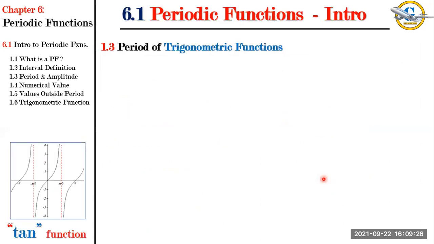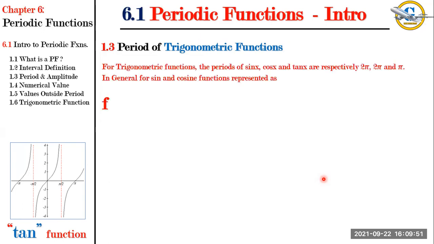Okay, we can now look at the period of trigonometric functions. At the start of this lesson, we made mention of the fact that for the periodic functions sine, cosine, and tangent, the sine function has a period of 2 pi, the cosine function has a period of 2 pi, while the tangent has a period of pi. So for trigonometric functions, the periods of sin x, cos x, and tan x are respectively 2 pi, 2 pi, and pi. In general, for sine and cosine functions represented as f of x equals a sin(bx plus c) plus d, as you can see on the screen,